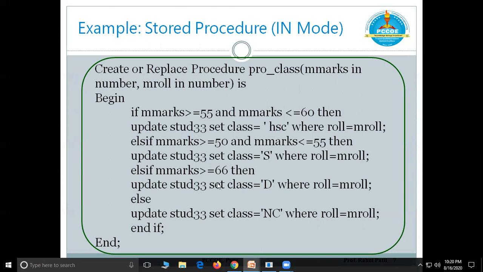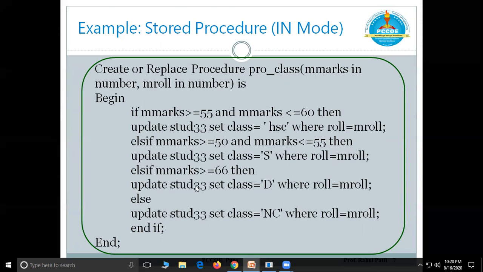But if you want to handle exceptions, you can refer to our lecture number 2 and write the exception section here and handle it. You can handle any type of exception. It may be a numbered, named, or user defined exception. Now, once this procedure is created, it takes two values as input, and performs the actions written here.